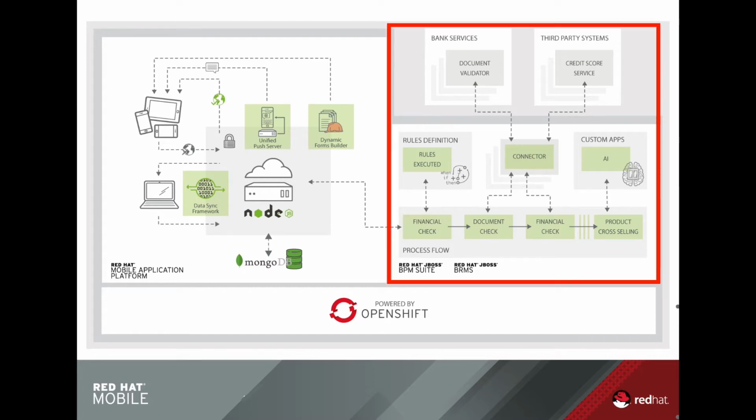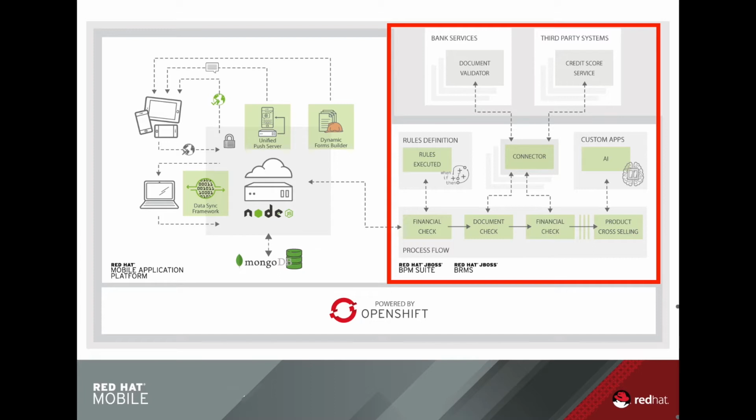On the right is the BPM product. This includes business process management and business rules management. In here, we create a process which models the onboarding process for the bank. This process will contain tasks, and those tasks can be system tasks where we do something internally, or user tasks where a user has to manually supply an input. We can attach rules to those tasks, and we can also get the system to reach out and interact with